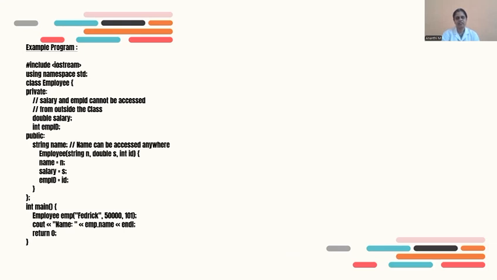The variables and functions which we declared as public only can be accessed from outside of a class, which means the name and the employee function can be accessed from outside, but the salary and emp id variables cannot be used from outside of a class. So we have used only the name. So if we execute this program,